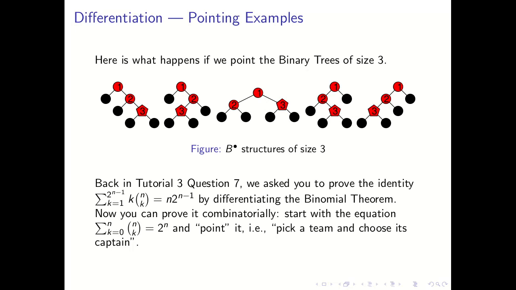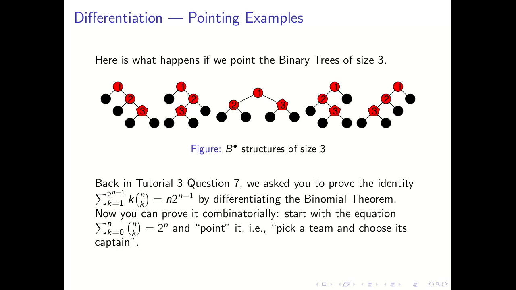We've got this equation, the sum of n choose k is equal to 2 to the n, and that's all the ways of picking subsets. And when we point it, what we're doing is, if you like, picking a team and then choosing its captain. We've picked a special one out of it. If you look at the top equation, that's what we're doing. So we often do this because it's a symmetry breaking thing, and it marks things out as special. I think that's all I have to say about differentiating. I do think this pointing is perhaps a more natural thing to understand than doing the differentiation itself.